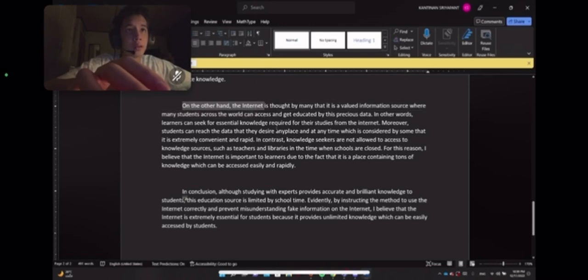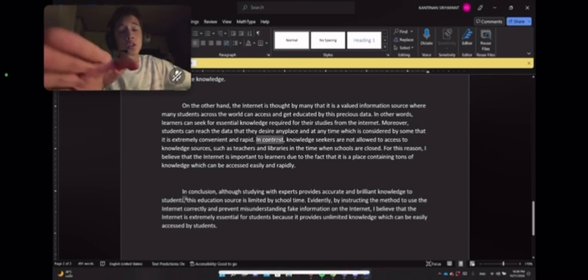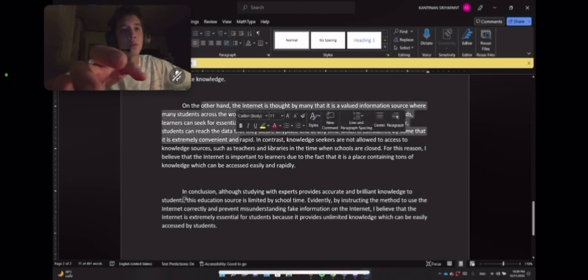Alright, the second topic, here we go. The internet is thought by many to be a valued information source where many students across the world can access and get educated by this precious data. So here's the topic sentence, and the others are supporting sentences. And here, an interesting thing is, in contrast, you can see that this is an alternative or contrast sentence, where you contrast your idea in order to compare